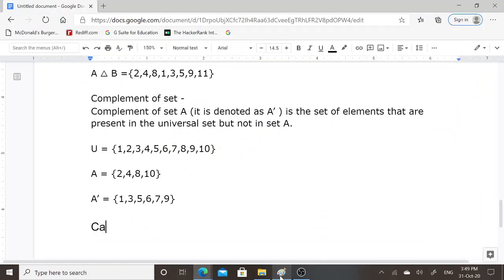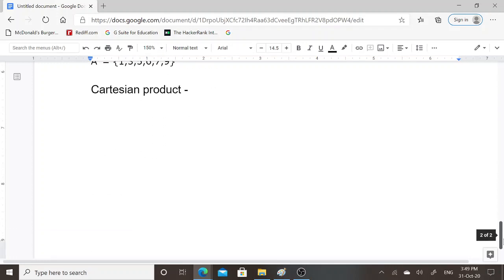Next set operation is Cartesian product. Consider set A contains elements that are A, B and C. Set B contains elements that are 1, 2 and 3.